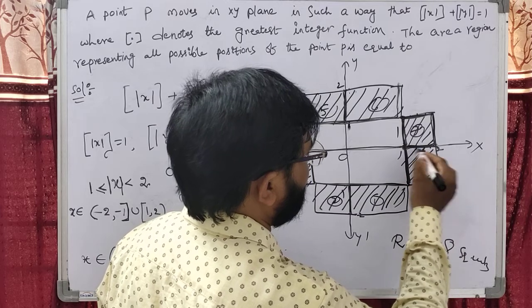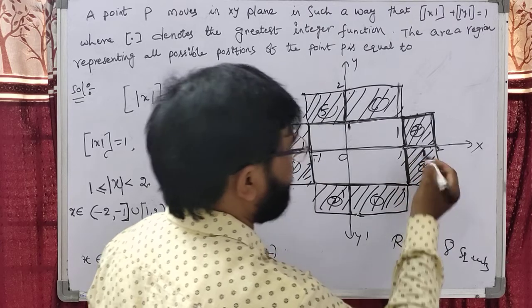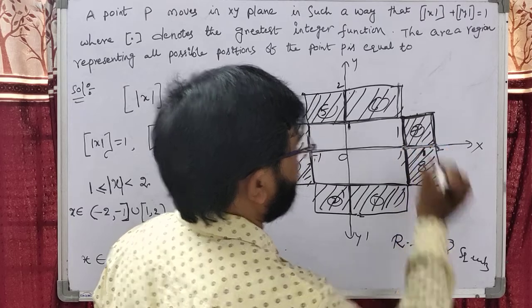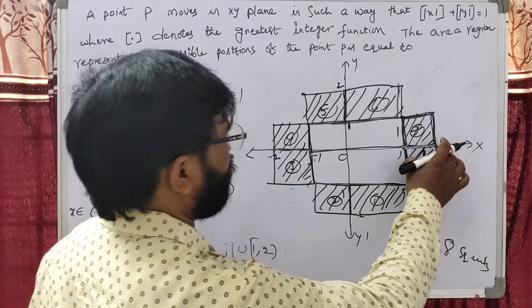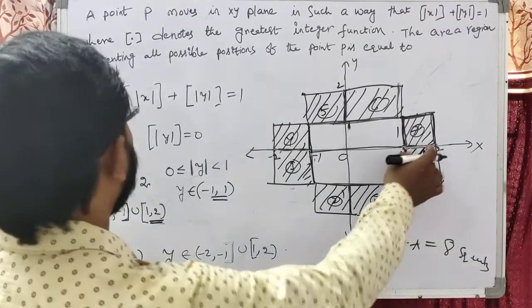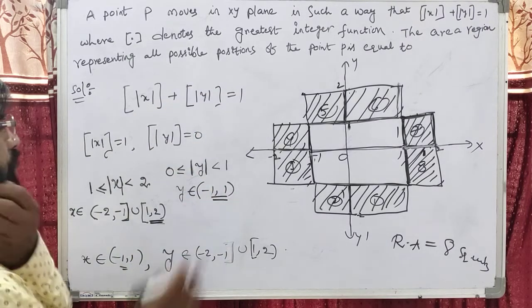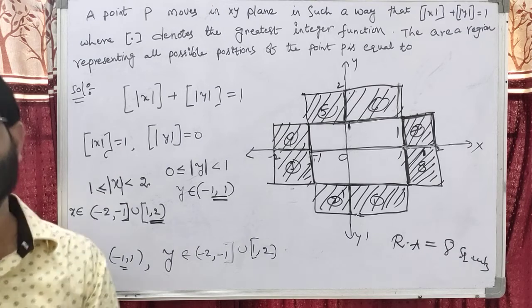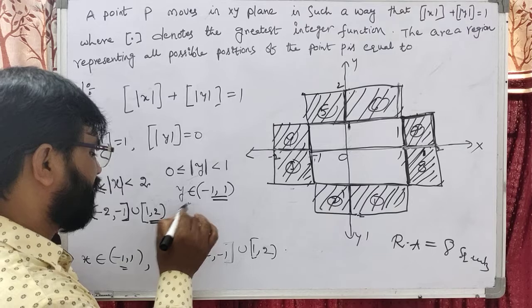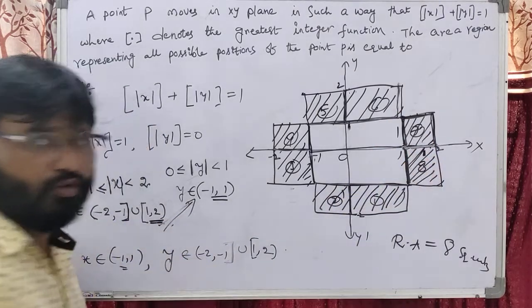When we can apply 1 to 2, that means what is 1 to 2, students? 1.5, then it will be 1. But we have to take any value between minus 1 to 1, undoubtedly it will be 0. Are you clear, students? What is the meaning here? When we are taking 1 to 2, undoubtedly we are taking the x value, and the y value minus 1 to 1. You can take any value, no problem at all.